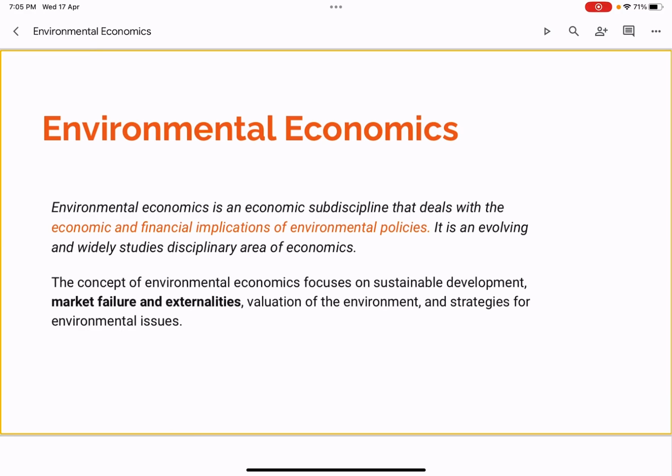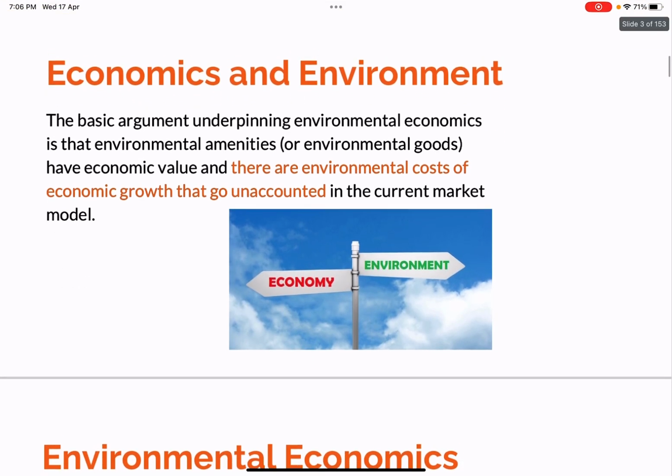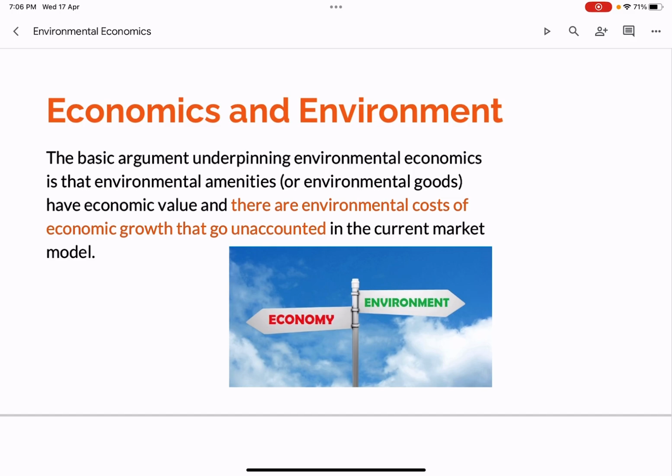It talks about the economic strategies for environmental issues, and it deals with certain concepts which we will cover in much more detail, namely the concepts of market failure and externalities. So, it's a widely studied area, environmental issues. What argument or idea is behind this economics being attached to environment is the basic assumption that anything, and for that matter, everything, including water, the air we breathe,